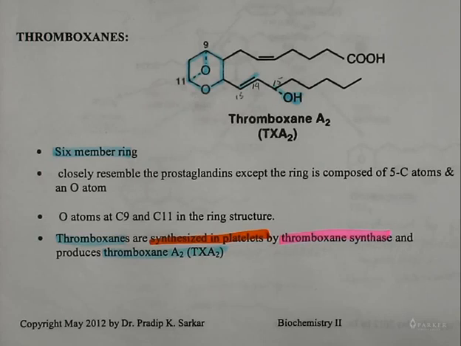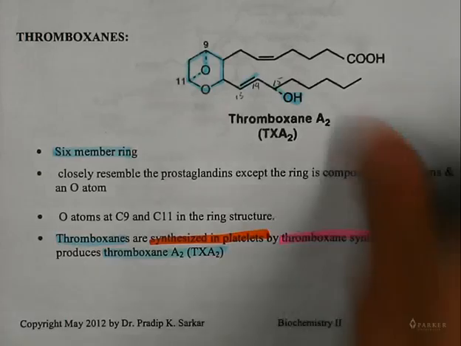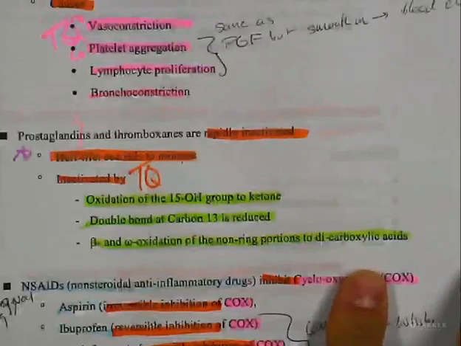Thromboxanes are responsible for blood clotting. They closely resemble prostaglandins, except the ring is composed of 5 carbon atoms and an oxygen. Thromboxanes are synthesized in platelets, aka thrombocytes, by thromboxane synthase, which produces thromboxane A2, which is why it's called thromboxane synthase. What's the precursor of thromboxanes? PGH2, prostaglandin H2, which is the first stable intermediate in the prostaglandin synthesis pathway. Nice job. On the top of page number 61,